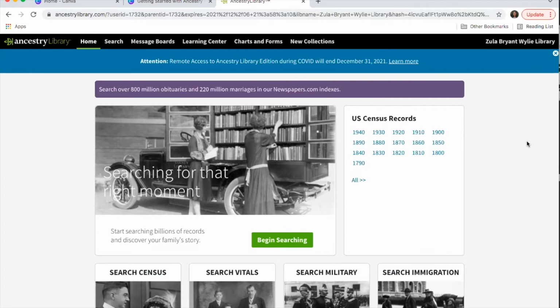All right, so now that we've logged into Ancestry, I wanted to show you a couple of things to help as you're starting to begin using this program. So you'll see up at the very top of the page, these are going to be the different links to different parts of the website. Right now we're on the home page. And from the home page, you can actually do a lot of searches just straight right here. They kind of just gathered together all of the things that are the most popular areas here so that you